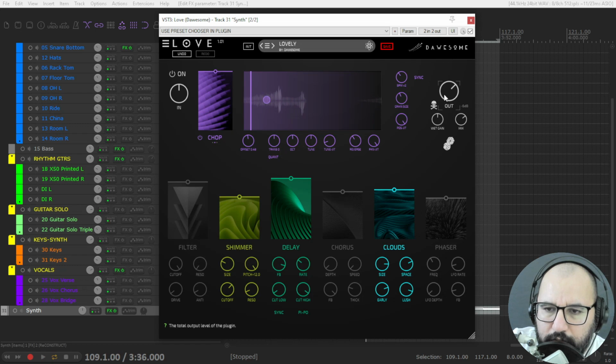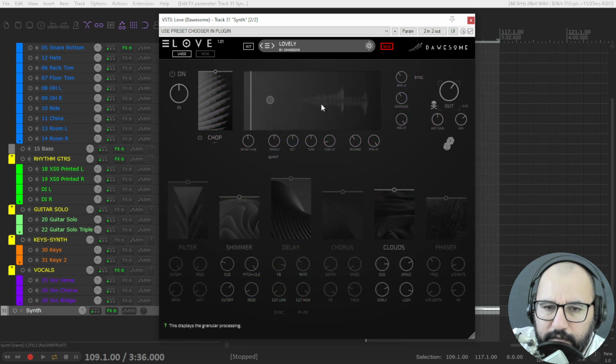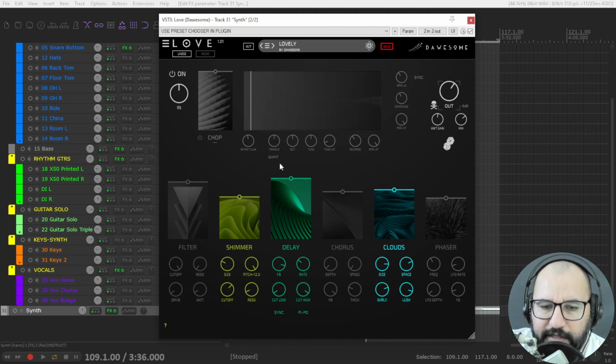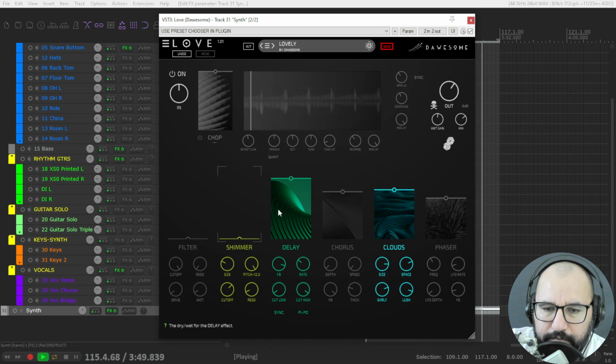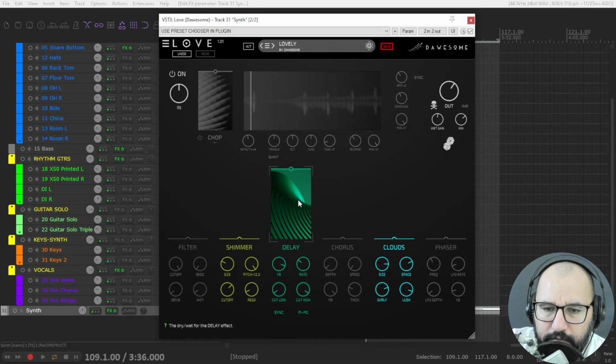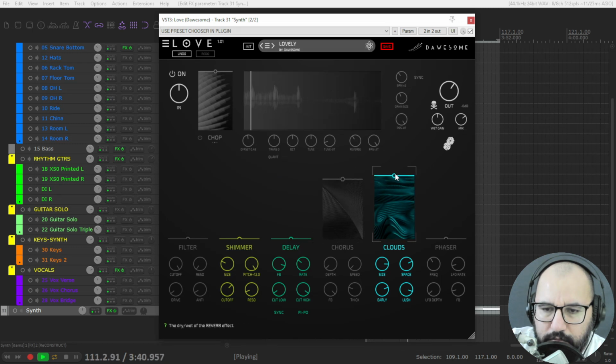Let's change here or turn off this part of the plugin, and use only the 6 effects down here. Filters, shimmer, delay, right? Chorus, clouds,